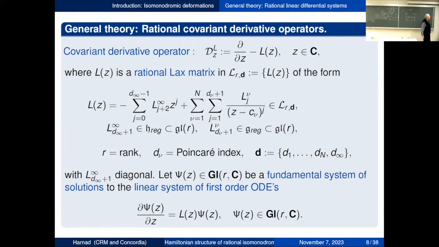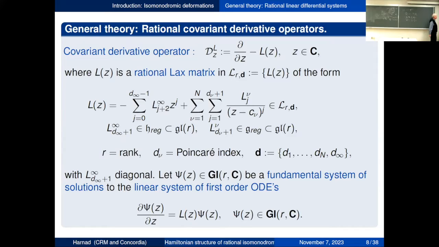Questions? Okay. So now we're going to put ourselves in the very general case. So we now have a rational Lax matrix with poles of any degree, whether at finite points c mu or at infinity. So again, the d is the Poincaré index, which is one less than the degree of the pole of L dz as a differential form. Okay, so we have these parameters which characterize the Lax matrix, the location of the poles, the degrees of the poles,